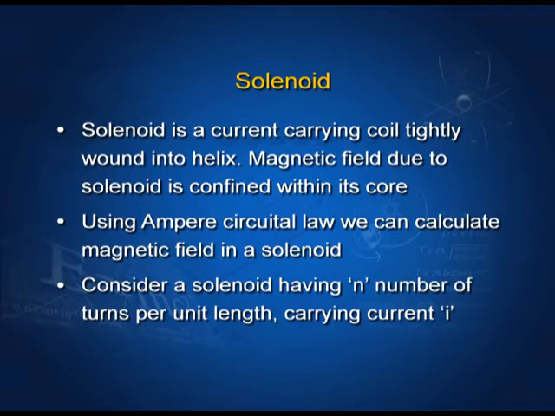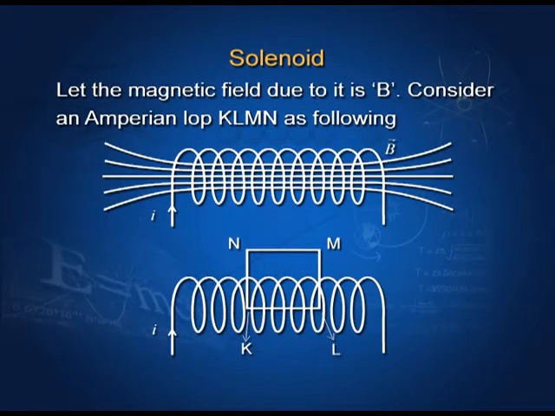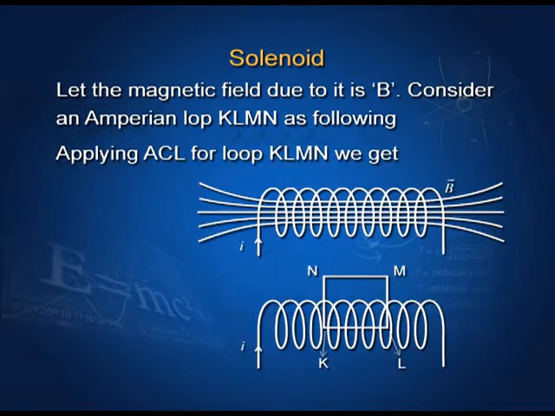Consider a solenoid having n number of turns per unit length carrying current I. Let the magnetic field due to the solenoid be B. Consider an Amperian loop KLMN as shown in the diagram. Applying Ampere's Circuital law for the loop KLMN, we get line integration of the magnetic field B dot dl over